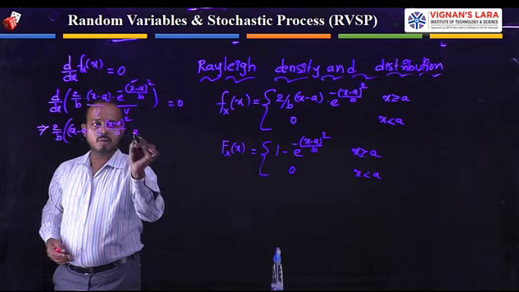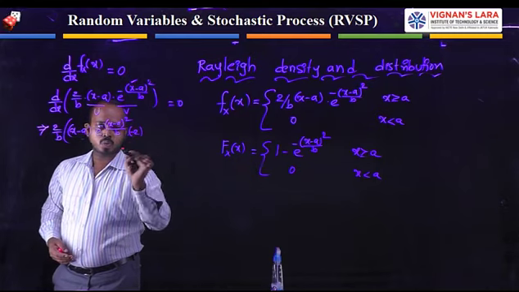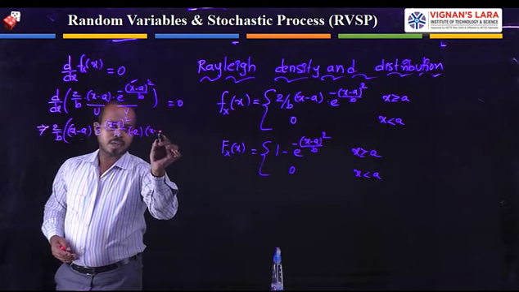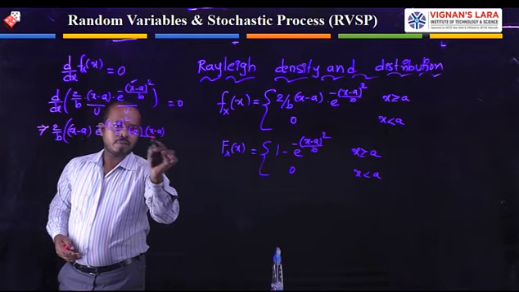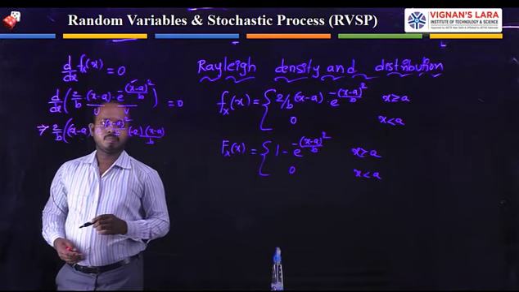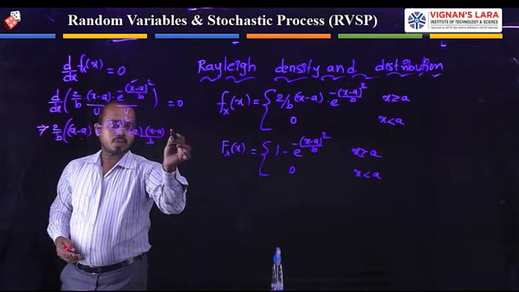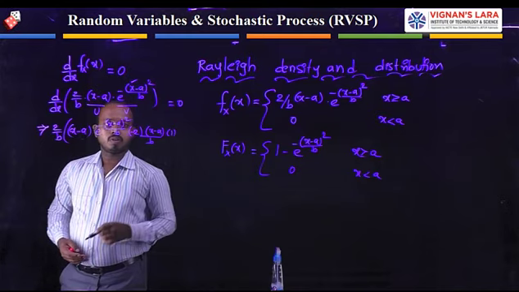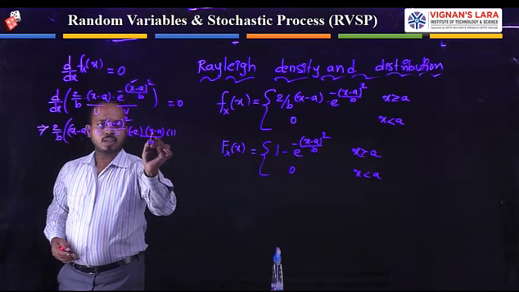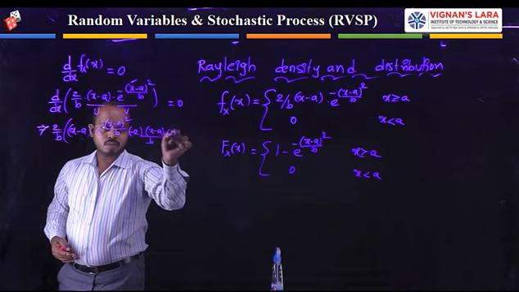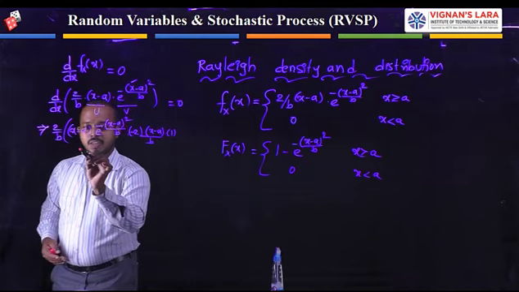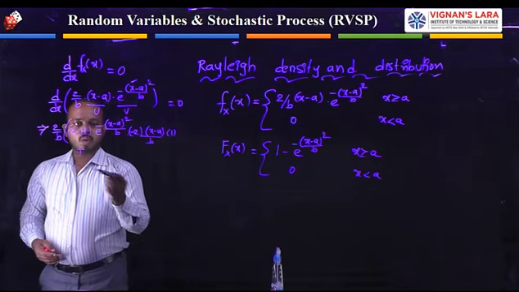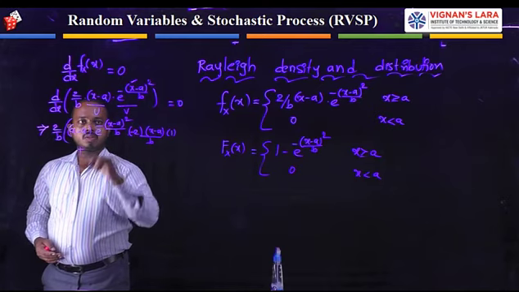We already have the negative sign, so minus 2(x minus a) divided by b into the differentiation of x minus a, which is 1, plus